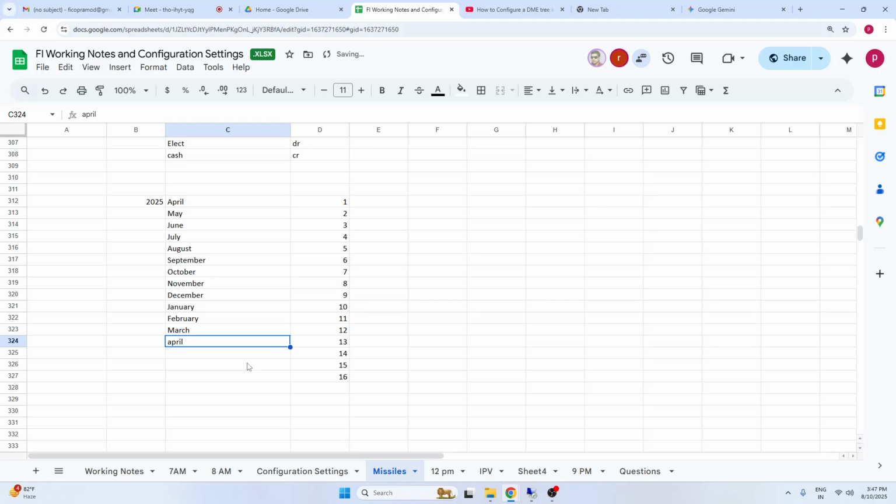16th. But I'm not thinking from that perspective. For this one I want to define a quarter. Merge cells.